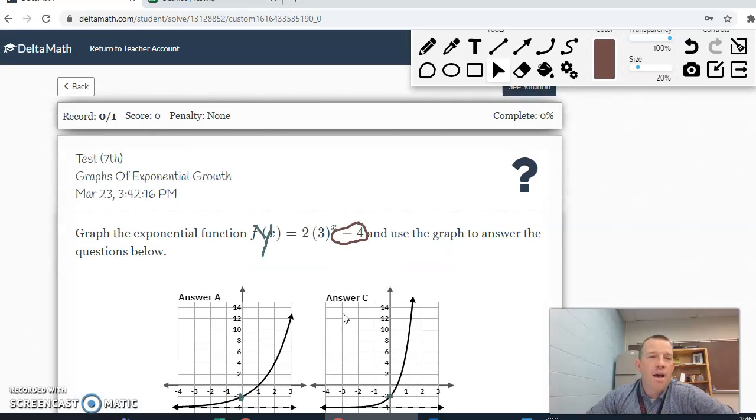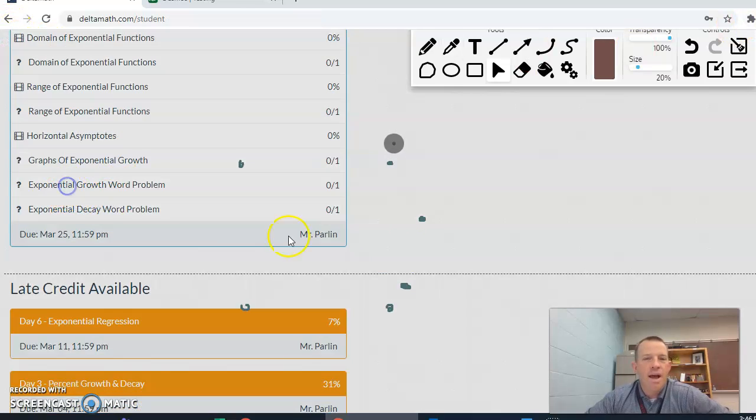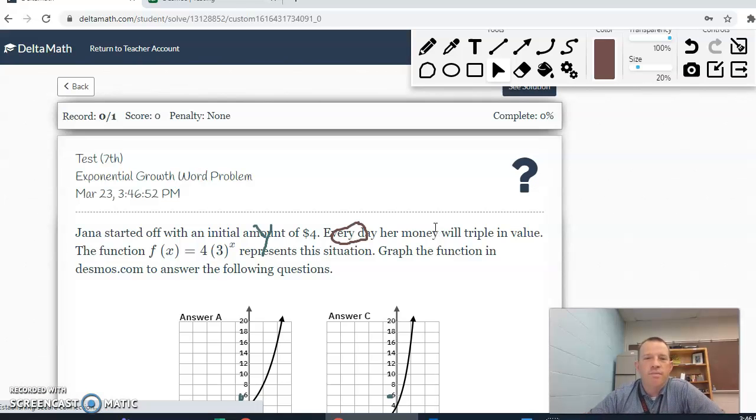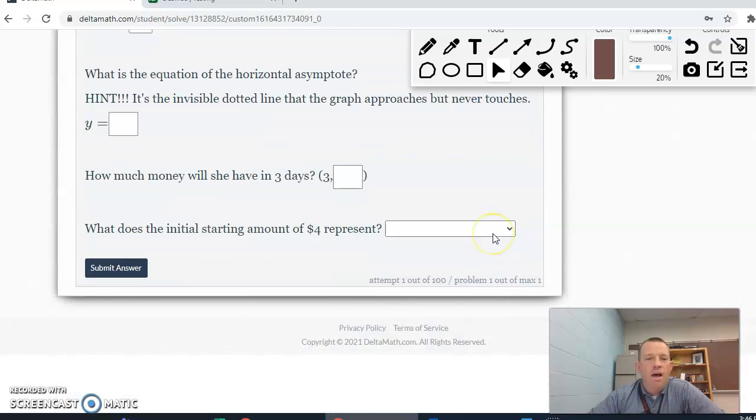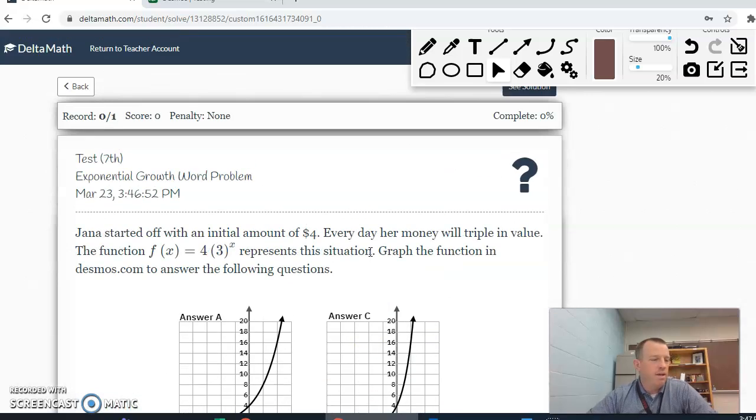All right, now. The last 2 questions, I'm only going to go over one other thing that would be helpful. It asks one additional question. And I know I got a lot going on here with the ink. The last of this question, what does the initial amount start? Or what does it mean? So in this question,